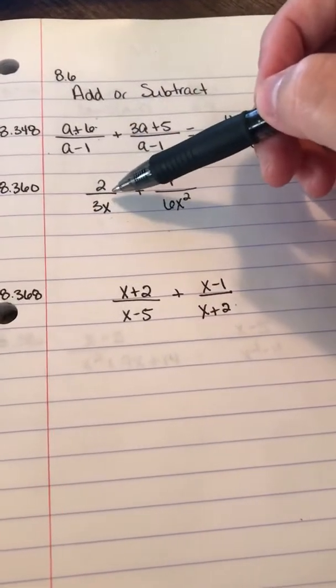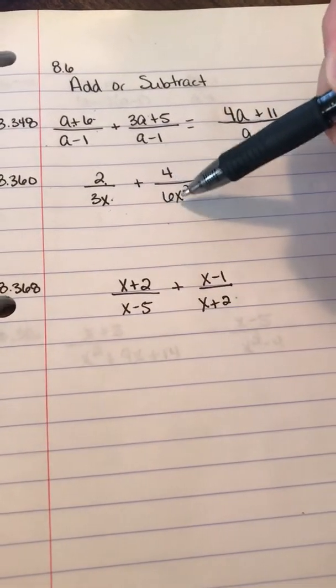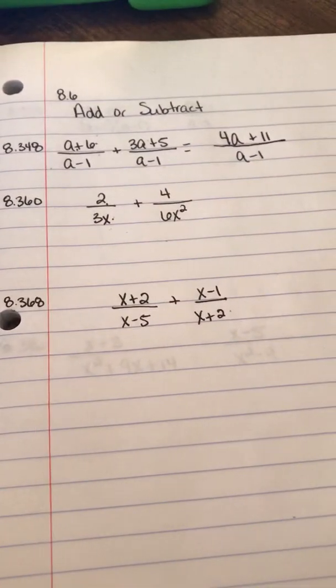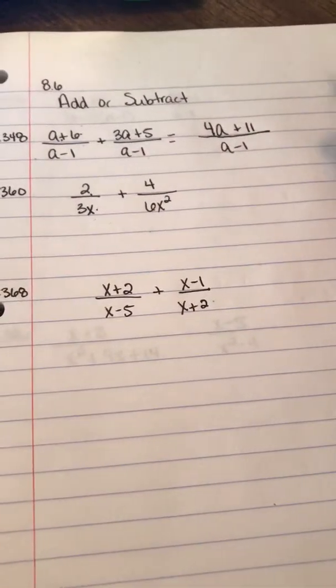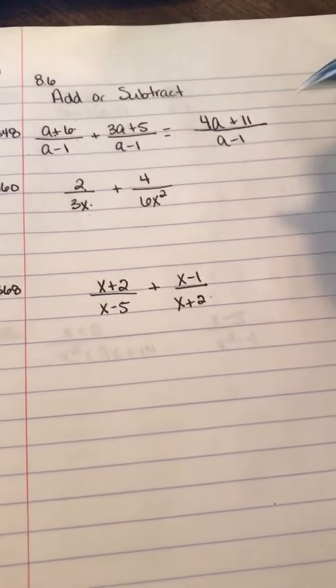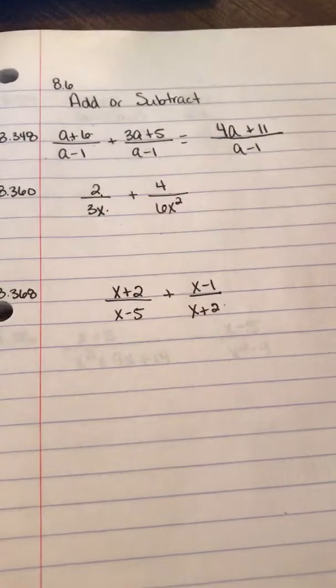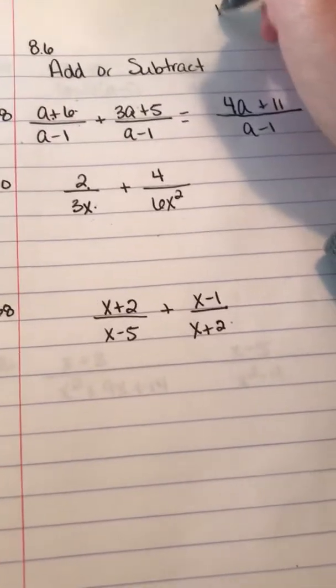And then for the next one, you have 2 over 3x plus 4 over 6x squared. So these do not have the same denominator, so you can't just add and be done. So you have to make them have the same denominator. Just like if you wanted to add,